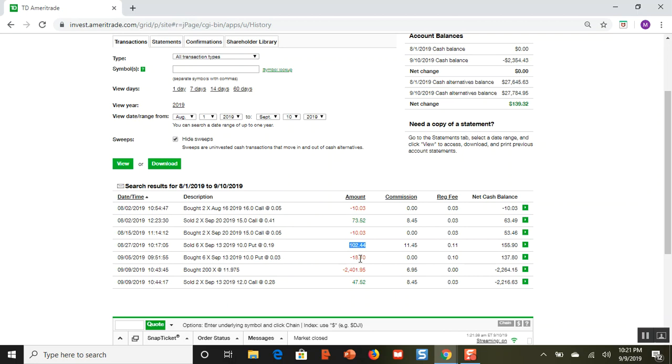And so 102 minus 18, $84.34 was my total profit. So I feel pretty good about that. And then today is September the 9th. I bought 200 shares of steel, and there's my dollar cost right there, $11.97. And then I immediately sold 2 covered calls, $12 strike price, took in 28 cents for a total of